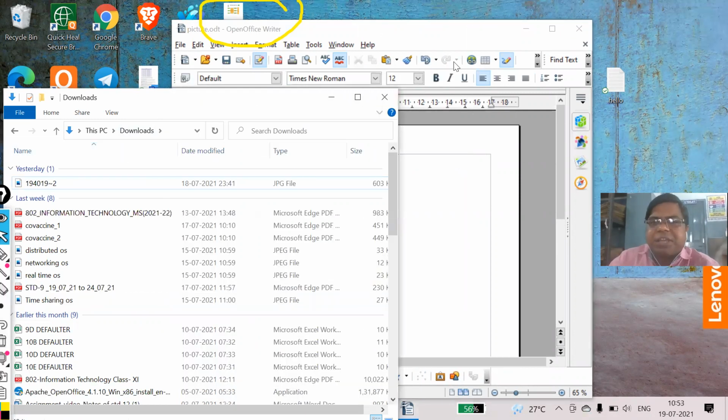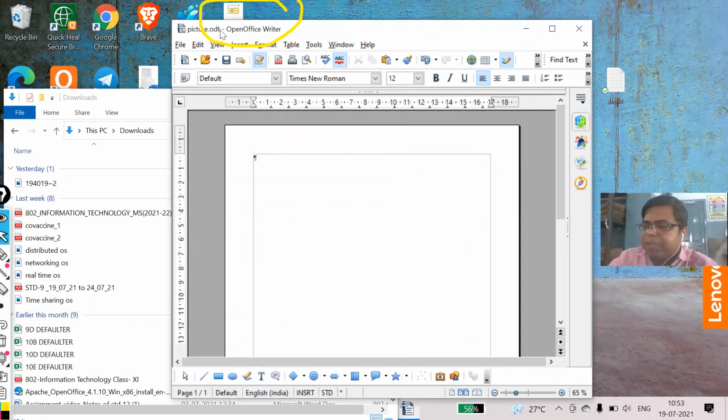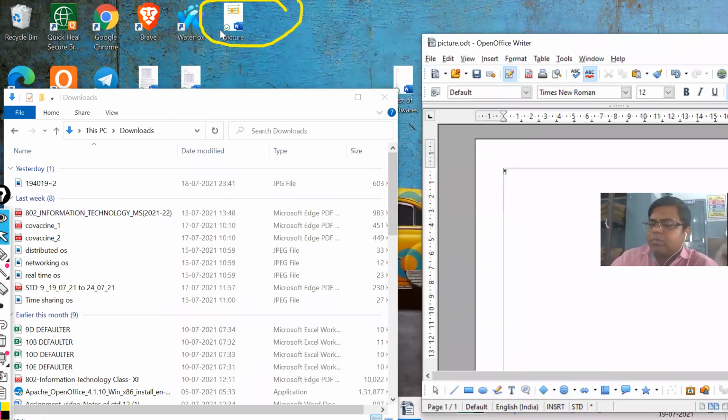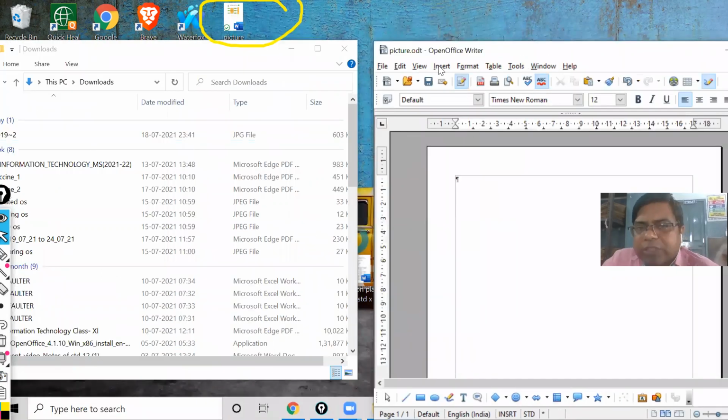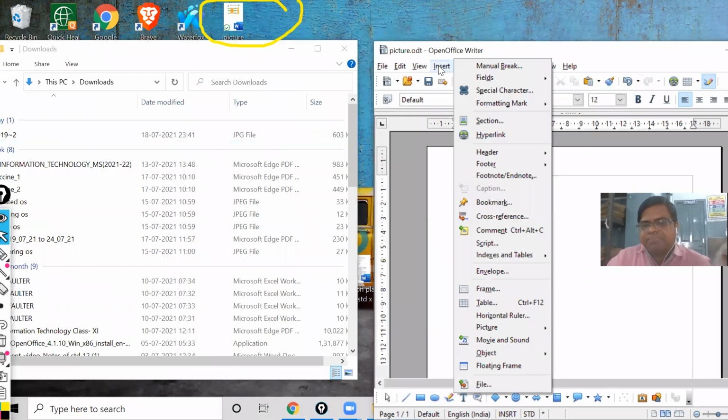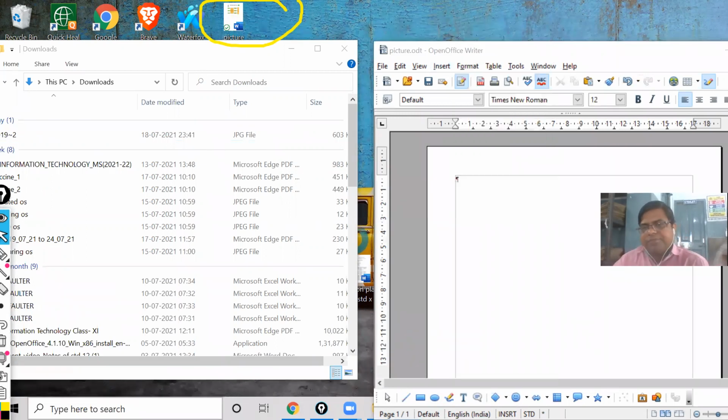Now the next step is to insert the picture using from file. First I will click on insert, and then I will go to picture, and there I will select from file.